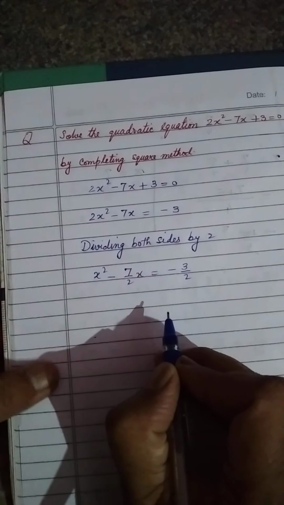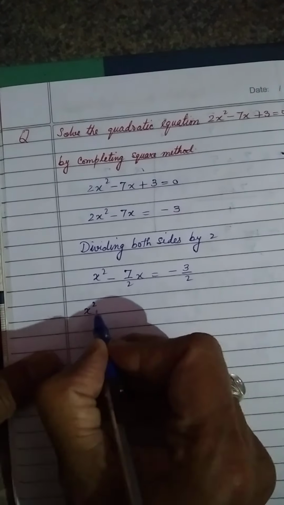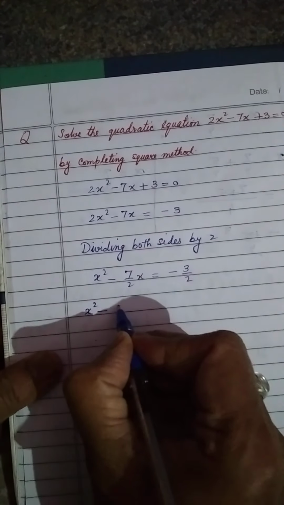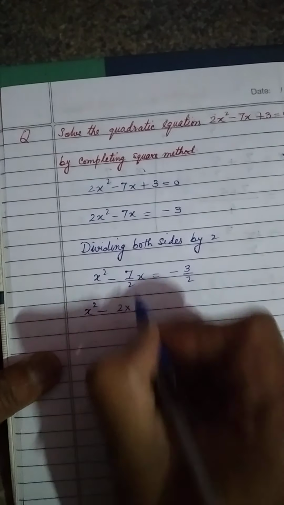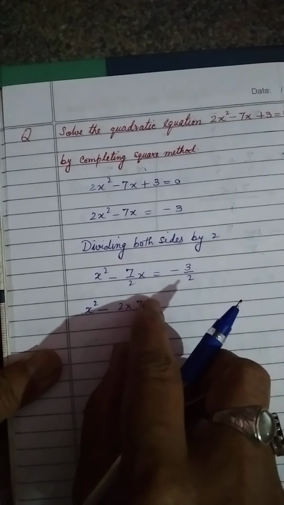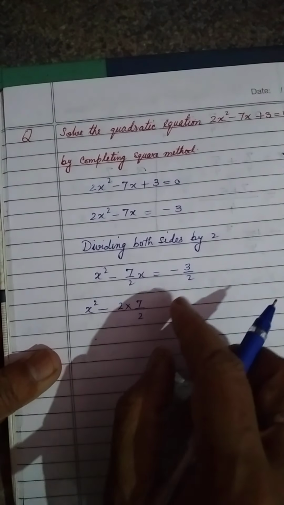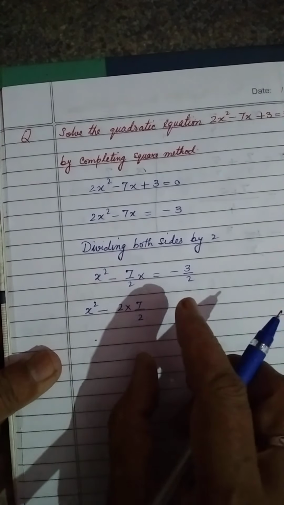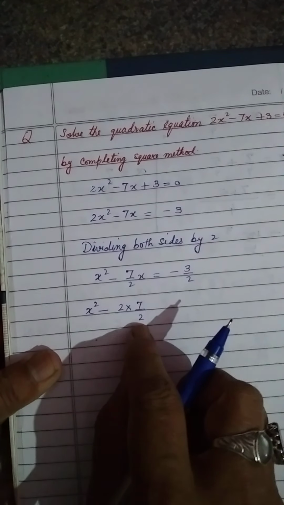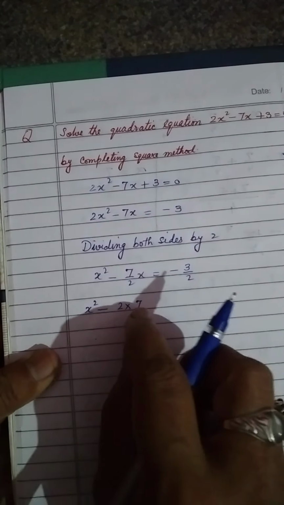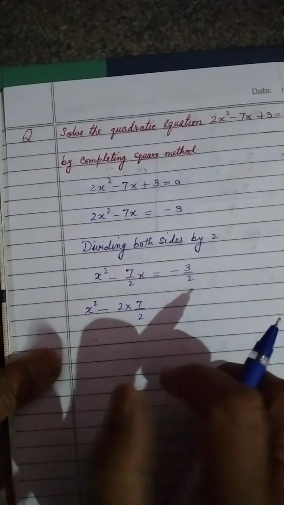After that what we will have to do, x square will be written as it is. Then we will write 2 into 7 by 2. We had 7 by 2. We are multiplying numerator by 2. So denominator will also be multiplied by 2 because we don't have any role to increase anything in the numerator but we don't increase anything in the denominator. ये घर का राज नहीं है. Whatever we are increasing upside in the numerator, same will be increased in the denominator also.